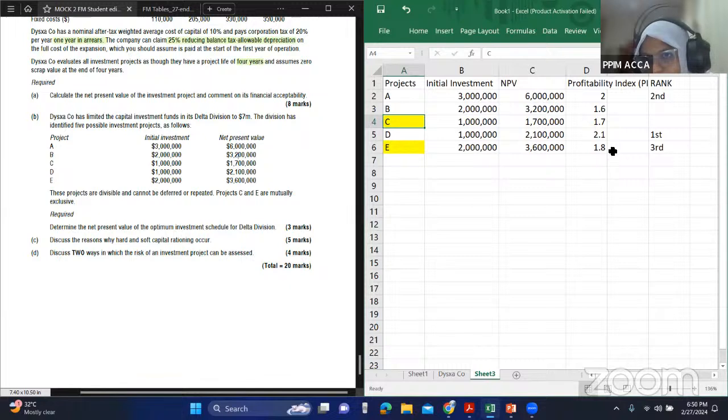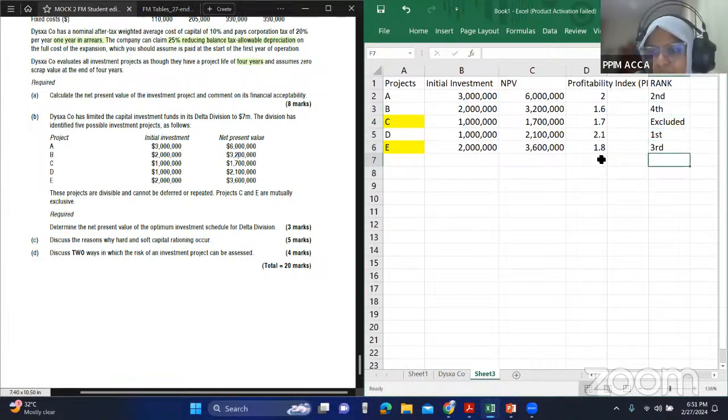Although after 1.8 technically this should be the fourth, we can't do it as the fourth because when we do E, that's the third. You can't not do E and do C because E is more profitable. You have to do E, but if we do E, we can't do C. So this has to be excluded. Finally, the fourth one will be 1.6.